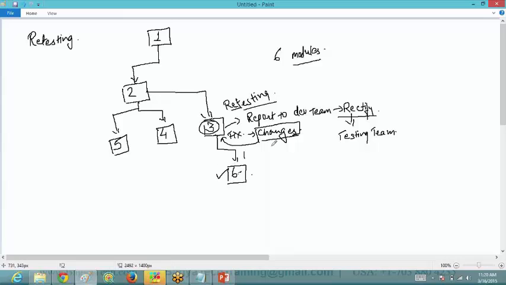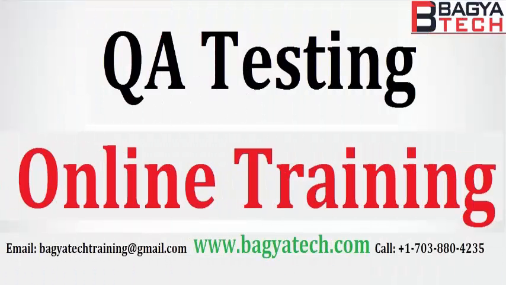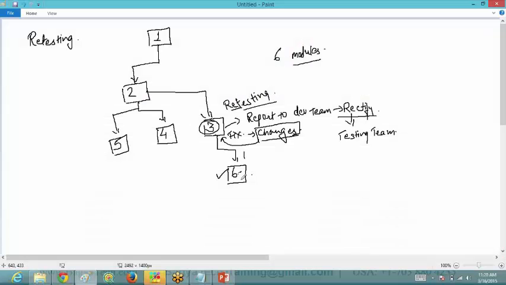The reason is very simple: the developer must have made changes to fix the error over here, and those changes may affect the dependent module in a negative manner. I'm not saying it will always affect, but it may. Just to make sure that the dependent module is not affected negatively, you need to check the dependent module again, and that type of testing is known as regression testing.